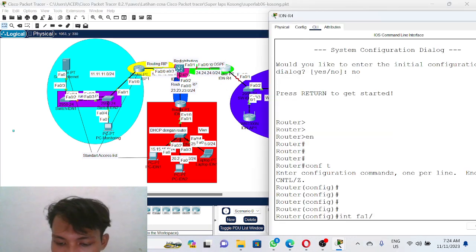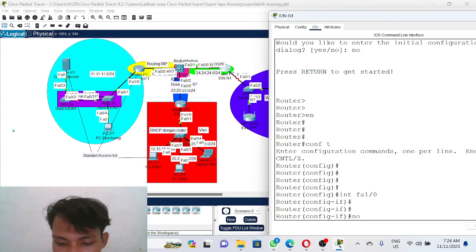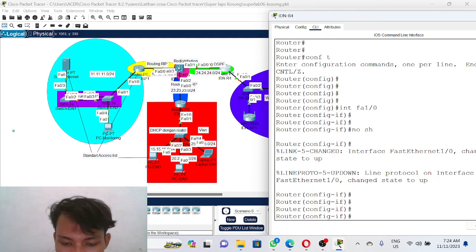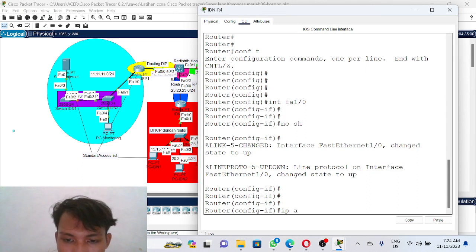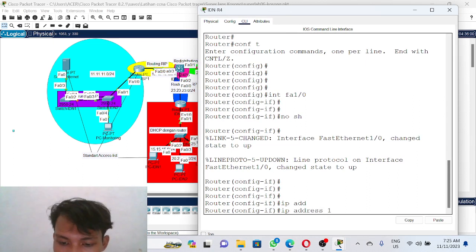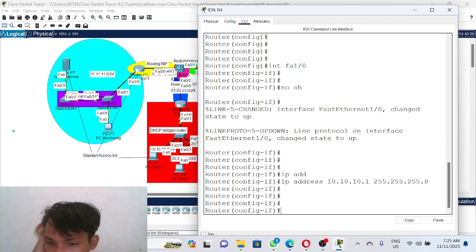Interface FastEthernet 1/0, no shutdown. Then we take the IP address 10.10.10.1, 255.255.255.0. Okay, this is the default router, the gateway router.